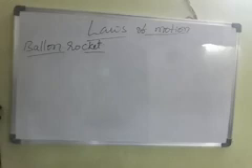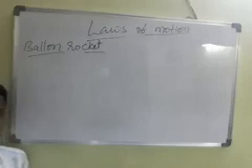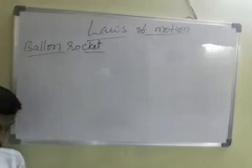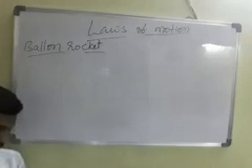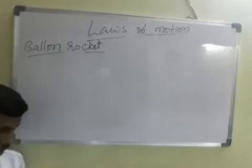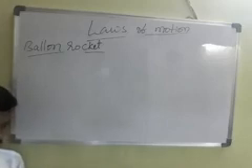So the third law of motion explains that when there is an action, there will be a reaction. Every action has a reaction. The first law and second law explain only what happens to an object when some forces act. But the third law explains what happens when there are two objects, so it is based on two objects. The first law and second law concern only a single object.